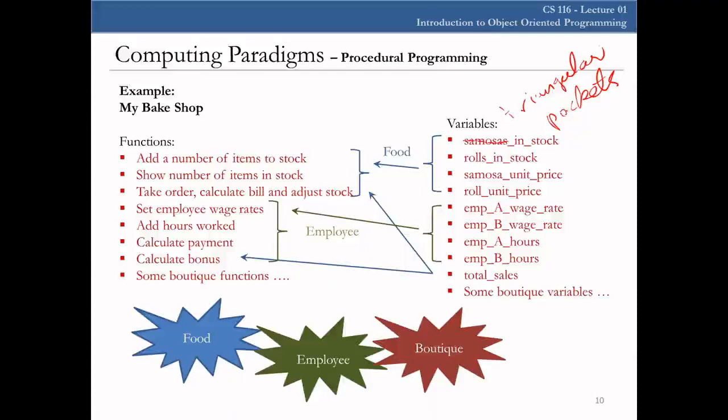At some places triangular pockets is used, and for the same purpose at some places samosas is used, right? That will not raise any syntactic error, but your code will not work correctly, because that's not how it is intended to work. The same name should be there at all the places. So it will give some logical error. Your application will give logical errors,